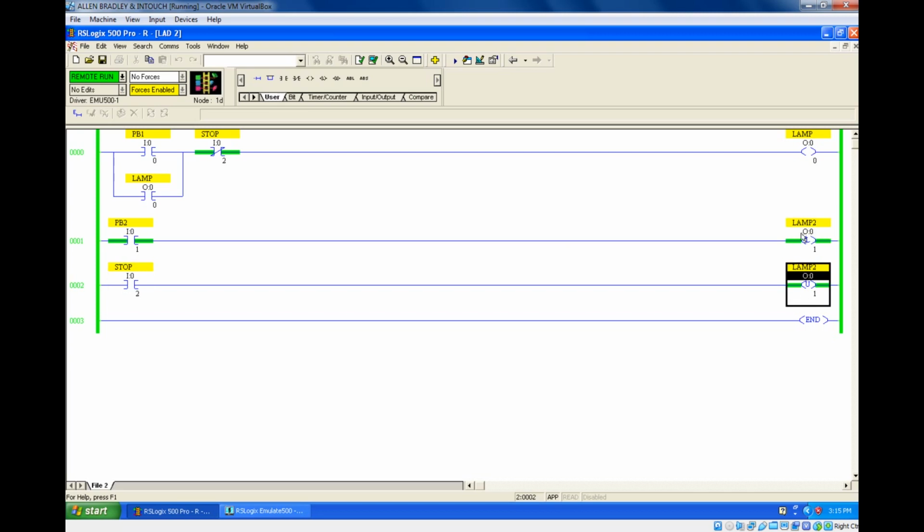Whenever you want to do latching, you should always use unlatching. That is point number 1. Point number 2 is to always turn on the latching first. If you turn on unlatching initially, it will not have any influence. So these are the latching and unlatching concepts. Instead of using the first rung, you can prefer rung 1 and rung 2 separately.